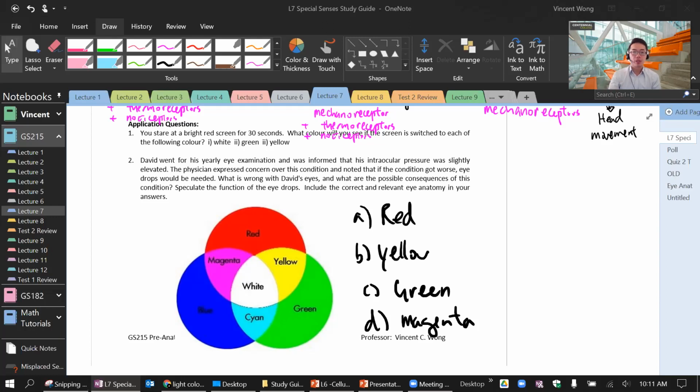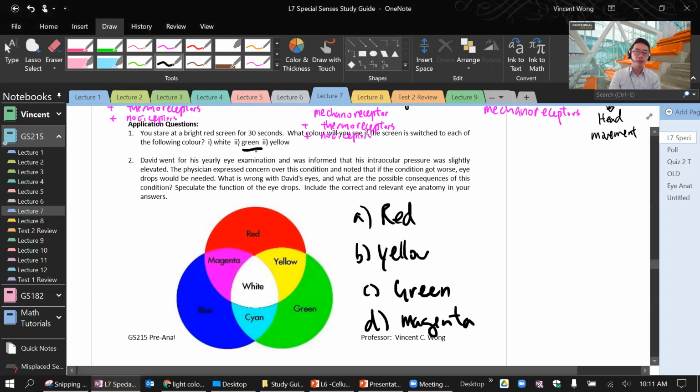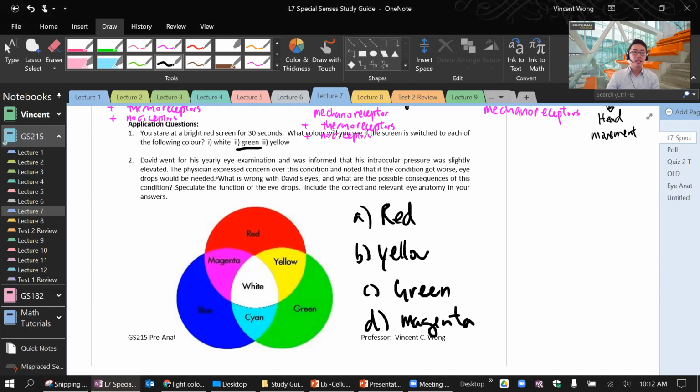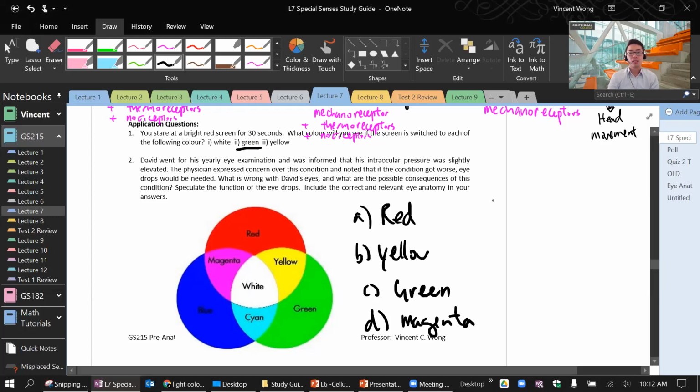All right, let's think about this. How do you see the color green? What do you need? Which receptor do you need to see the color green, I should say? Receptor or receptors? What do you need to see green? To see green, we need